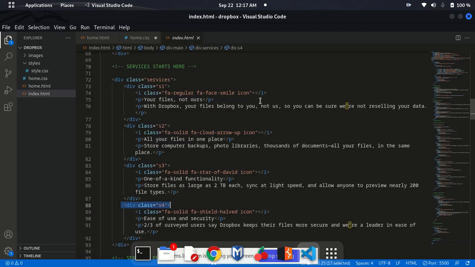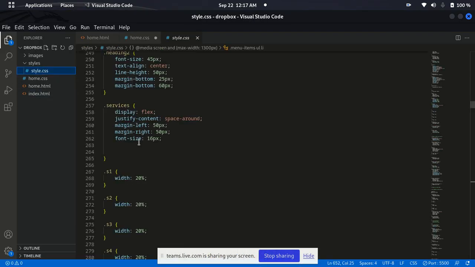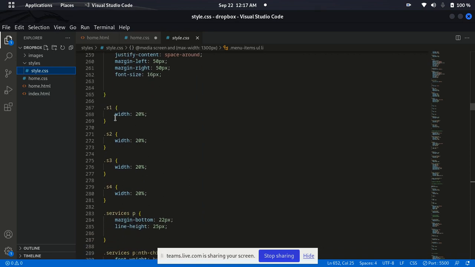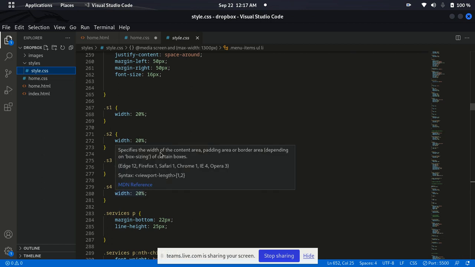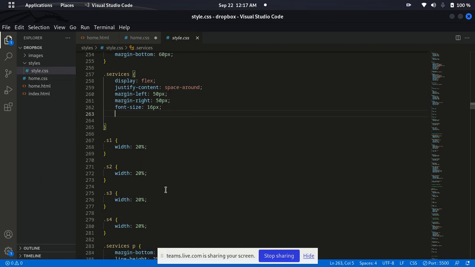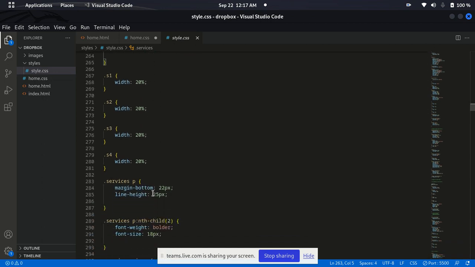So my CSS is telling me display flex. Then I gave it a width. I give all of them a width of 20%, 20%, 20%, 20%. I would have given them flex 1, flex 1, flex 1, but they will take the whole width of this my service equally. So I just decided to give them 20% each of the width. Now